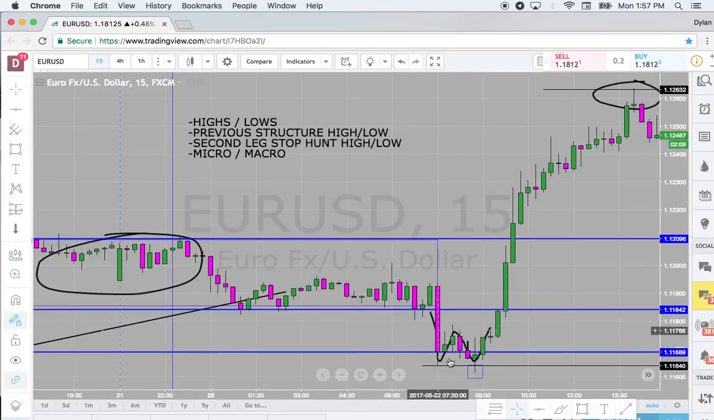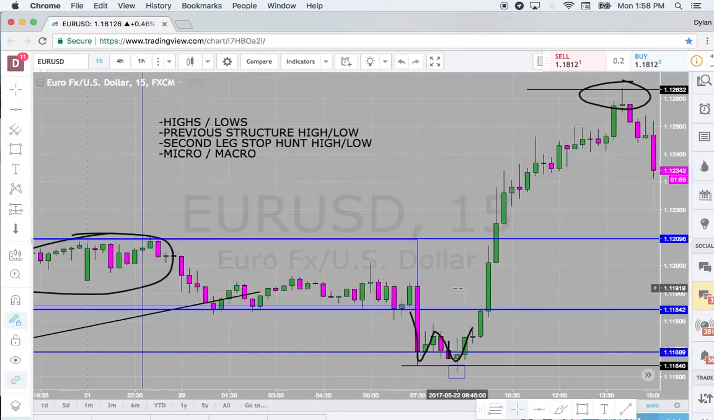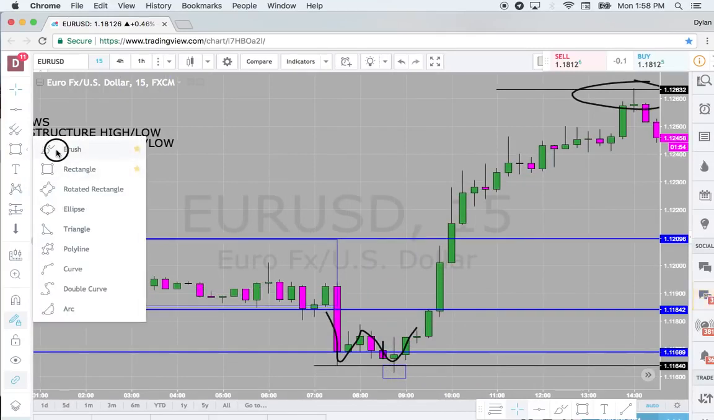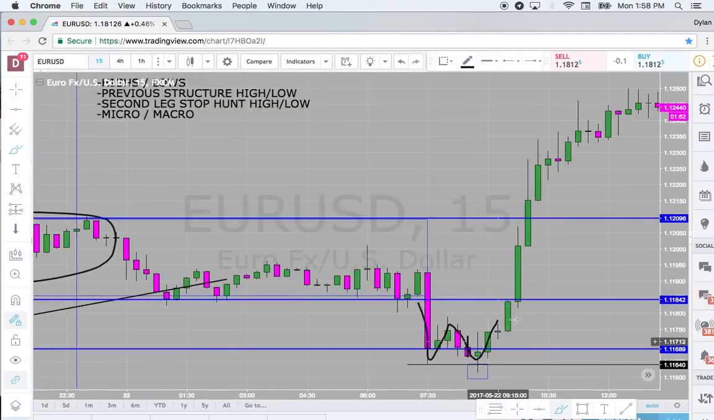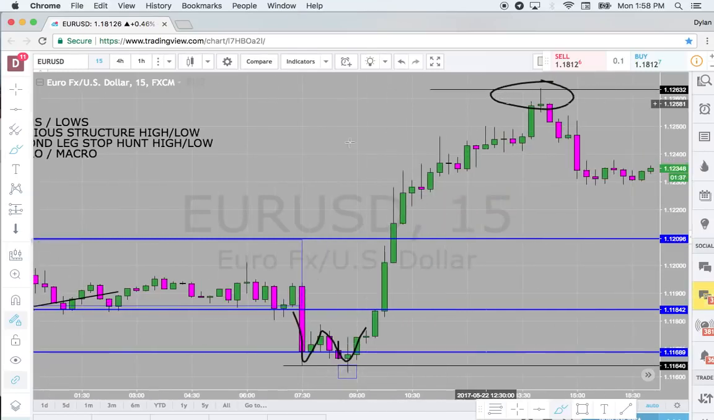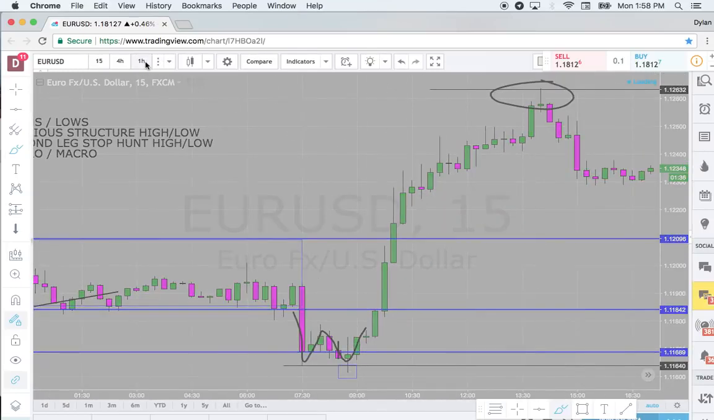So, the W formation is a trap. The second leg stop hunt to the low. We had the second leg stop hunt to the low. This is the trap. Right after that stop hunt to the low, what do you see happen? 1, 2, 3, 4, 5, 6, 7. 7 green bars straight up without one red bar in between. 7 green bars on the 1 hour chart,